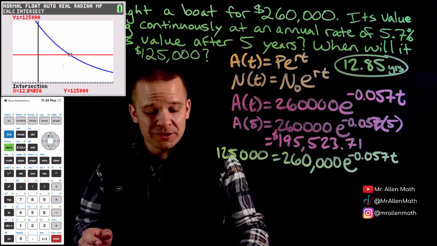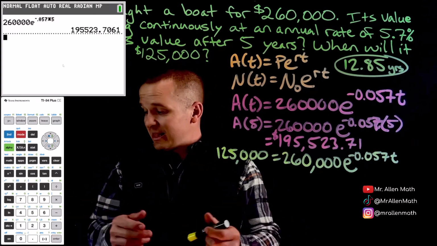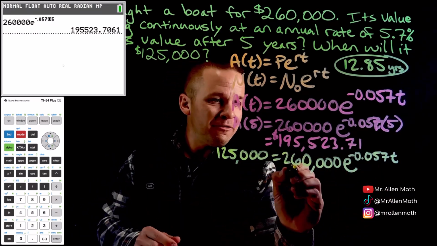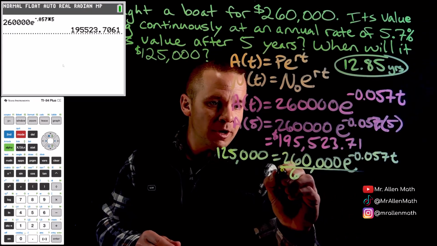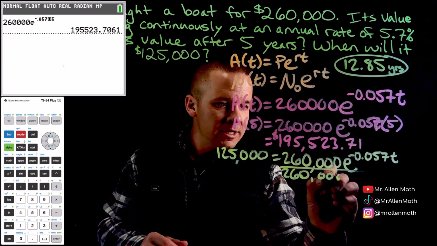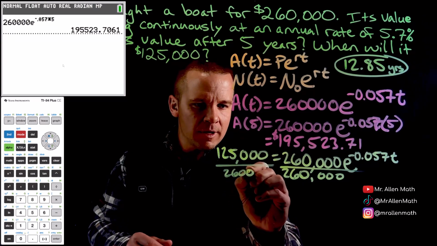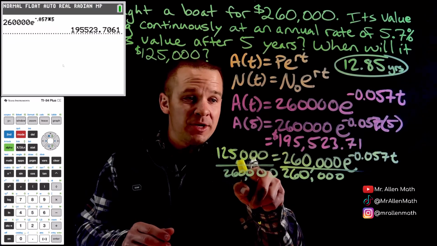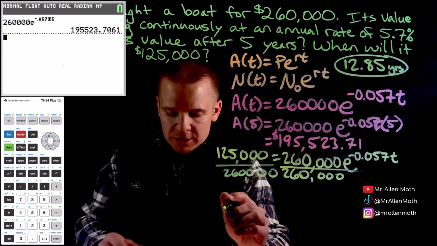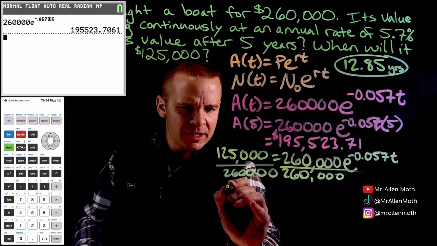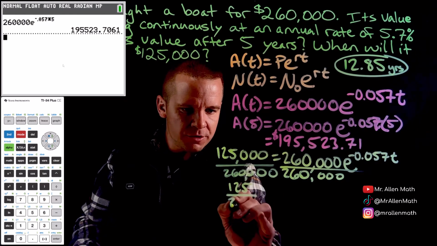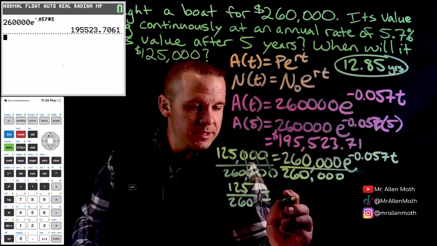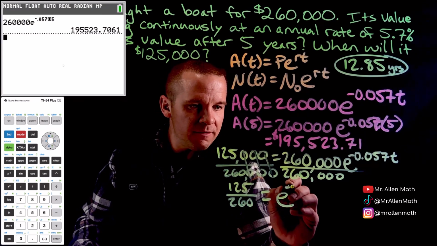Now, I'm going to show you guys how to also solve this thing algebraically because you might like that a little bit better, okay? So I can get this t here by dividing by 260,000 on both sides. Okay. One more. There we go. All right. And then I'm going to have whatever this number is right here equal to, so let's see here. We'll leave that. Let's go with 125 over 260, right? I can cancel out all those zeros. That's pretty dope. All right, equals, then we got e to the negative